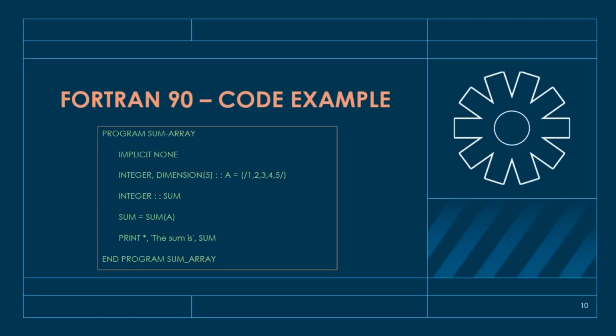Example of Fortran 90, the program demonstrates modern Fortran features like arrays and built-in functions. In this case, the implicit none statement ensures all variables are explicitly declared, which helps prevent errors. The array A is initialized with 5 numbers, 1, 2, 3, 4, 5, as you can see on line number 3. The sum function computes the total of these numbers, right, on line number 4, storing the result in the variable sum. Finally, the print asterisk statement outputs the sum is 15 on line number 6,